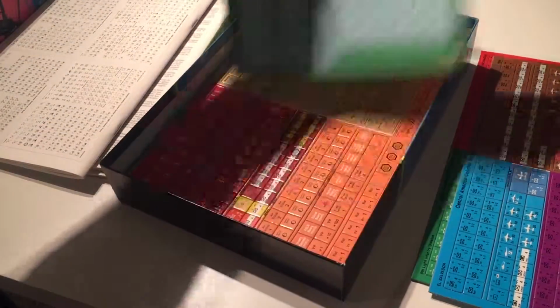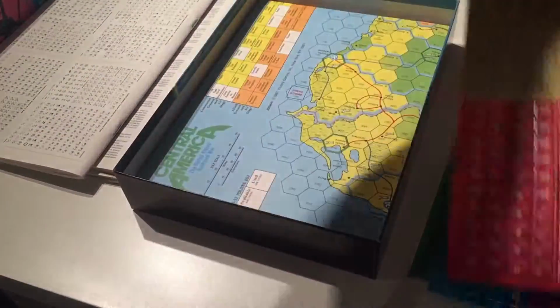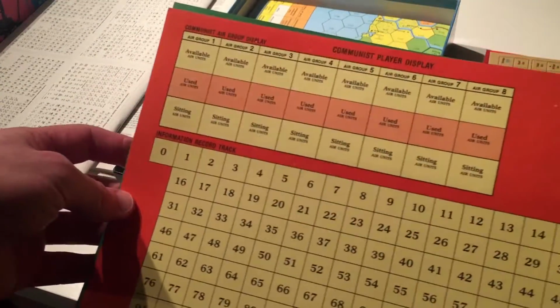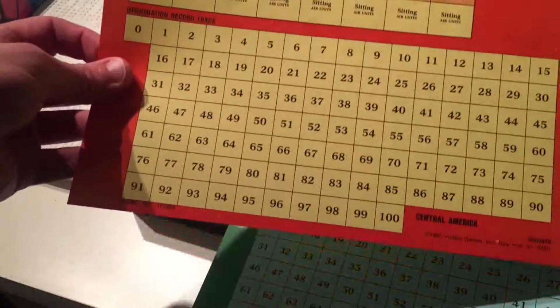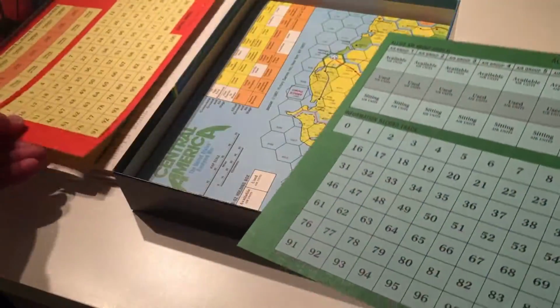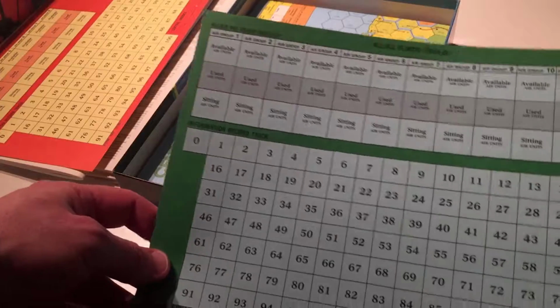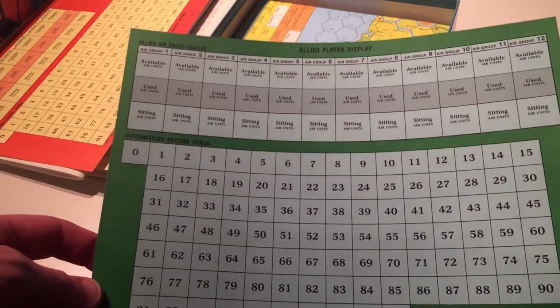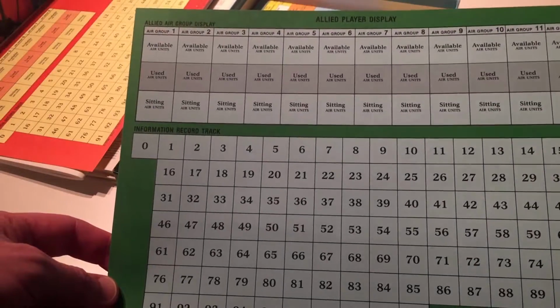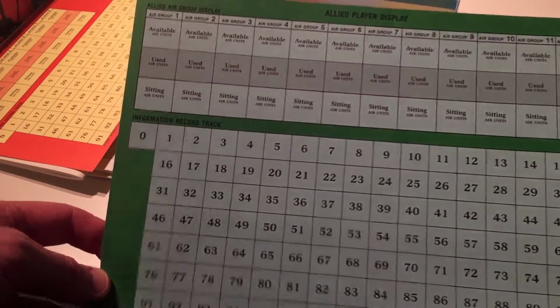The counter sheets mixed in here. Come back to those. Chart-wise, got a communist player display. Looks like you can break up your air groups, and then a big long information record track that'll probably have a bunch of counters on it. We'll do all the information. Similar thing here for the Allied player display. Yep, same kind of stuff. Air groups, counters,